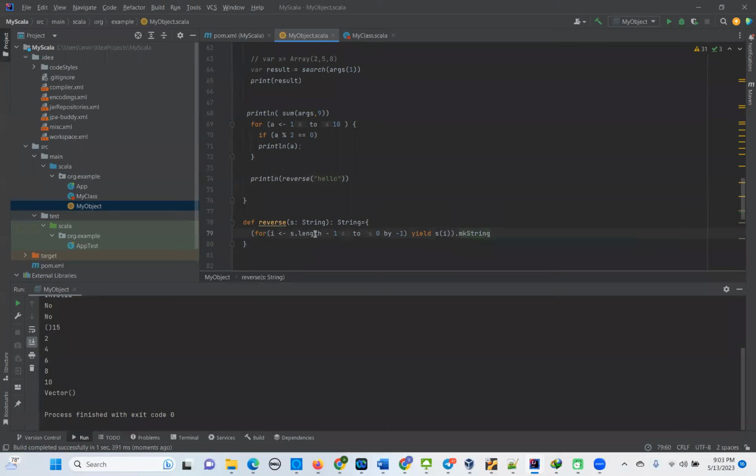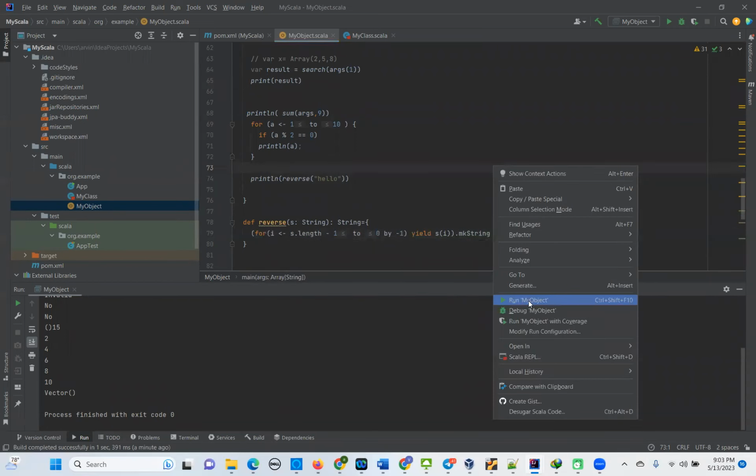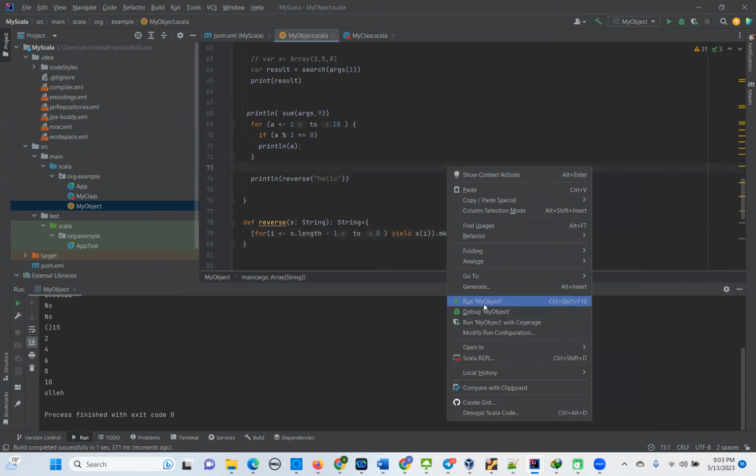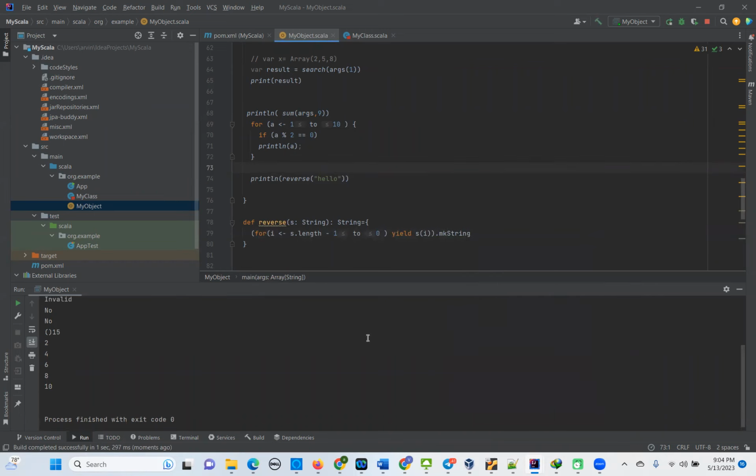So first we are running a loop, length -1 to 0 by -1. If I don't give the -1, you will see it will not reverse the string, because -1 is the decrementing step. Here it gives OLLEH. Suppose I don't do this, by default the increment is positive, so it will go out of your string and will not print anything. So this -1 is very important. Now if you do by -2,